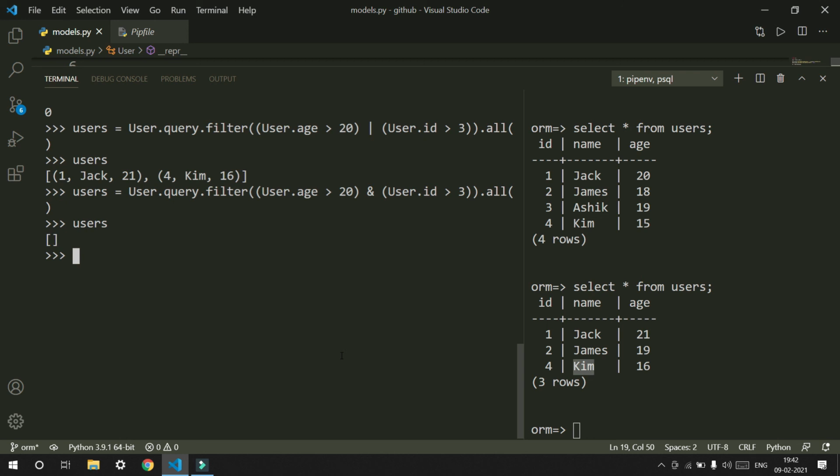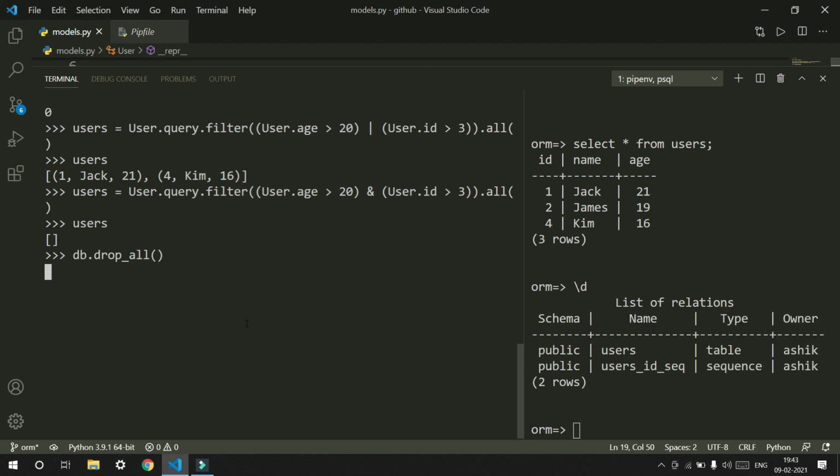The last thing I wanted to say is that similar to db.create_all, there is also another command to drop all of the tables. So we say db.drop_all to drop all of the tables. If we press enter, let's wait for it to get executed. I guess there's something wrong with the user. I have to check this out.